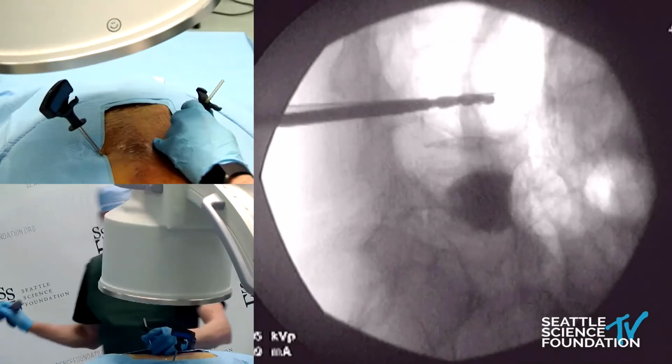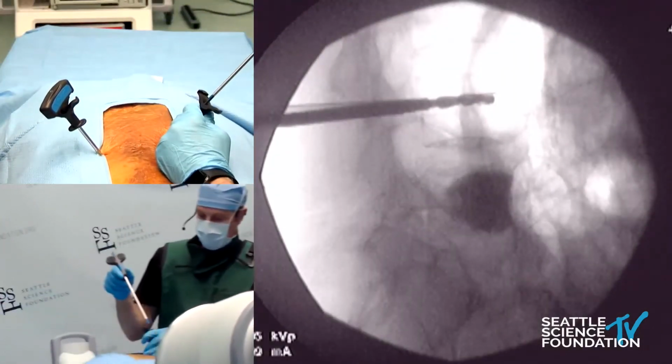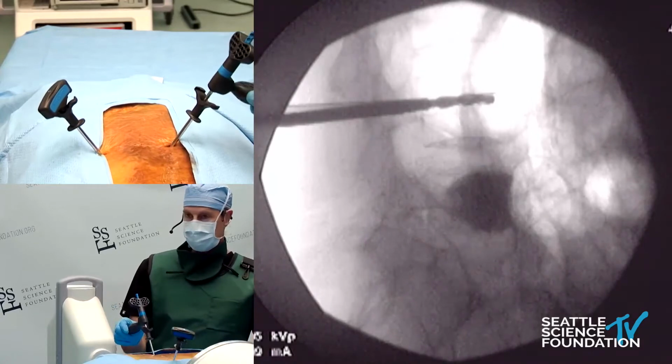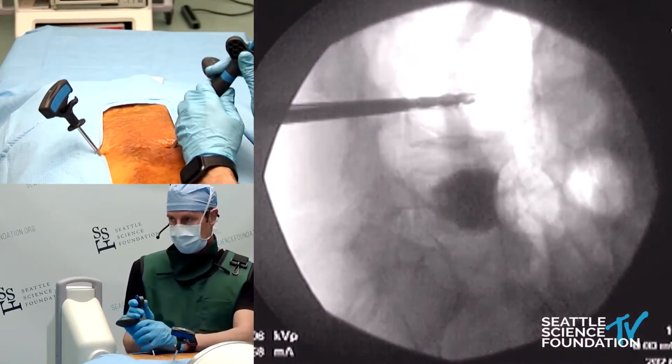Spine jack goes in. 5.0 spine jack, it deploys along the axis of the handle. So the patient's like, if you deploy it like this, it's going to go sideways. Deploy it like this, and here's